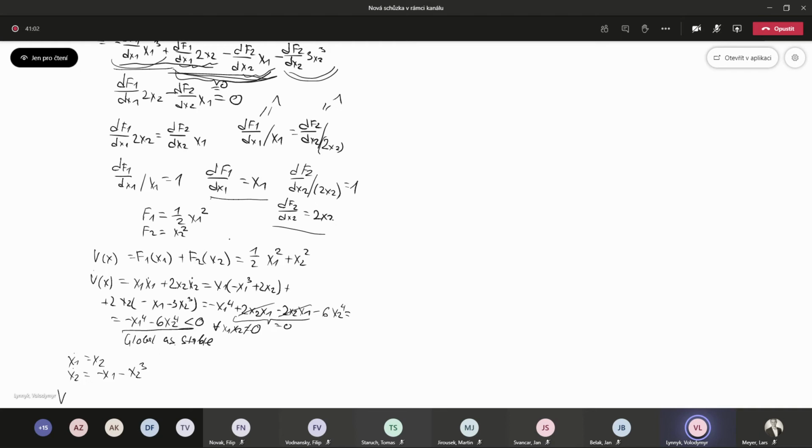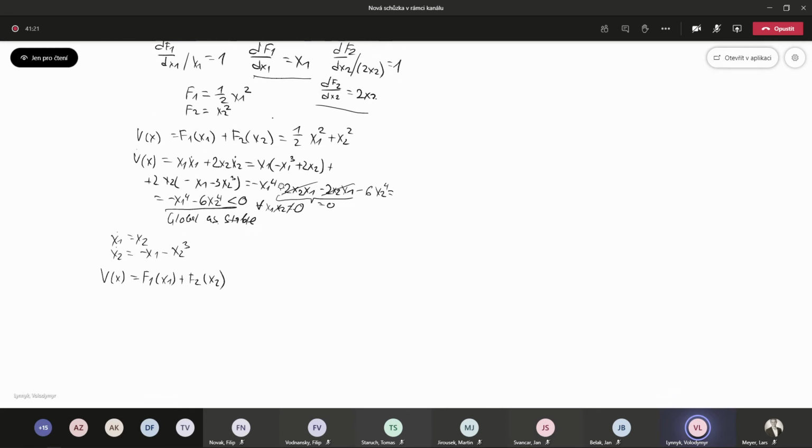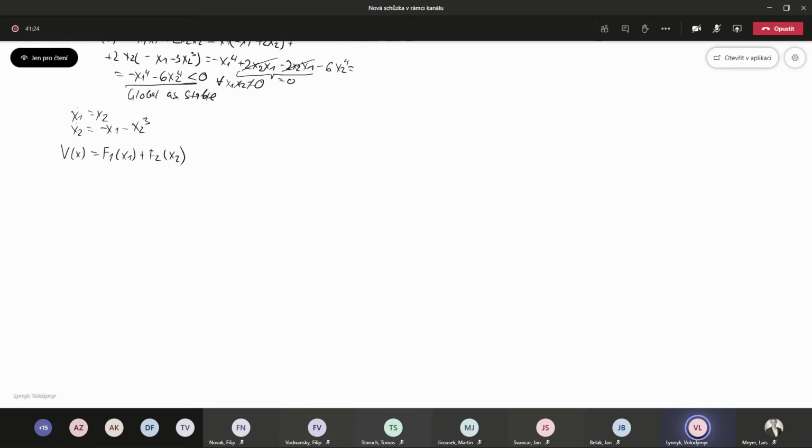Let's find our V from x equal to f1 from x1 plus f2 from x2, and then V dot from x equal to df1/dx1 x1 dot plus df2/dx2 x2 dot, and it's equal to